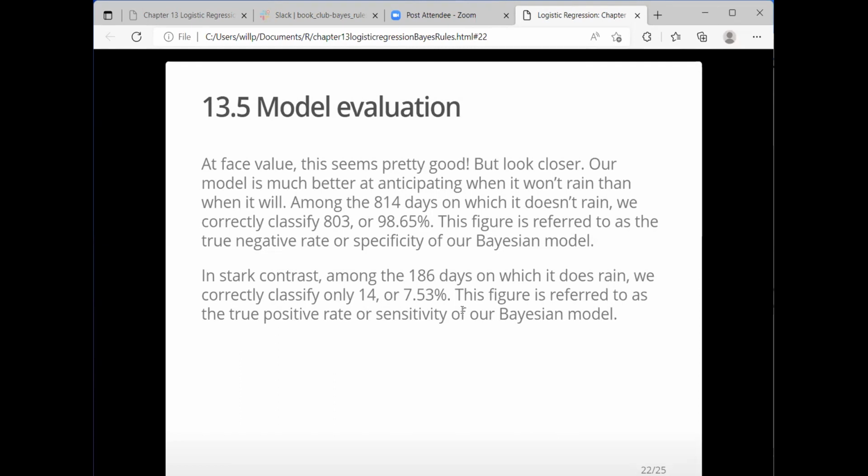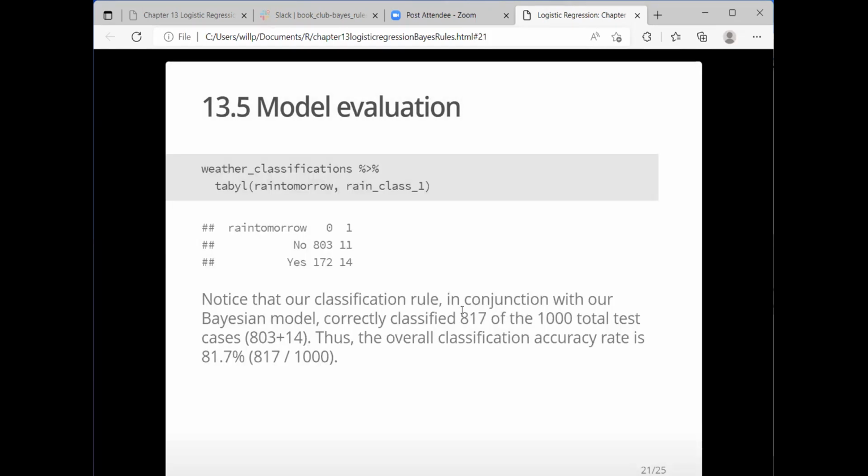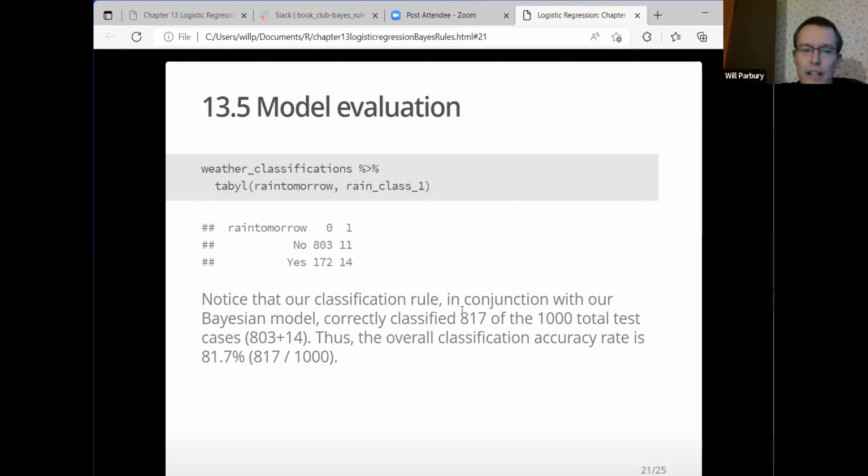Is it okay if we go back one slide? Maybe you're mentioning this here, but if we look at the baseline, if you have a model that always says it won't rain, you will have 80.3% accuracy, right? Or am I confused? Don't worry, if we go on to the next one, it will explain it. But what this model is really good at is predicting when it won't rain. It's pretty poor at predicting when it will rain.